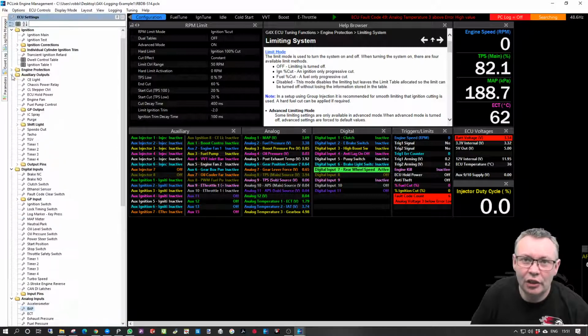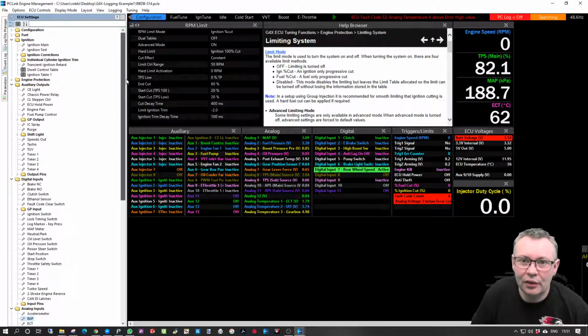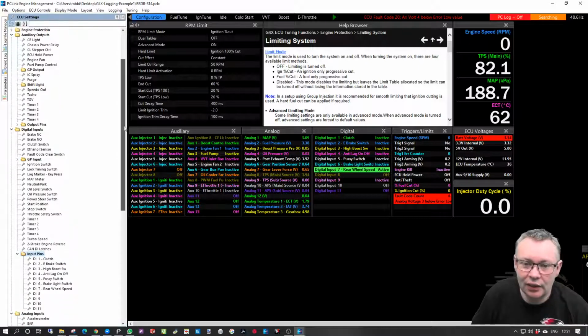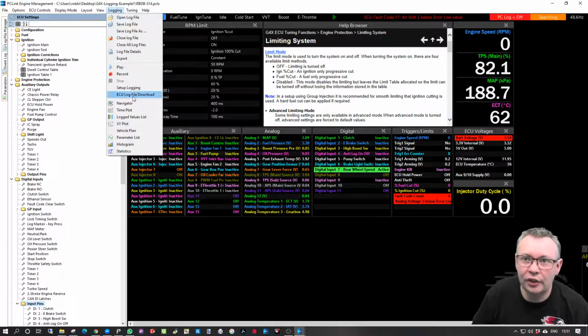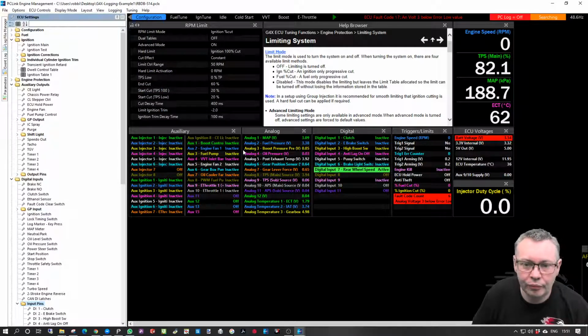So I'm just going to open up auxiliary outputs and DIs. Now I want to look at the input pins for the DIs. So we've got e-brake, clutch, high switch, anti-lag on and off. It might be worth having the e-brake and the clutch in and the anti-lag on and off switch in the logging. So if you just go set up logging,